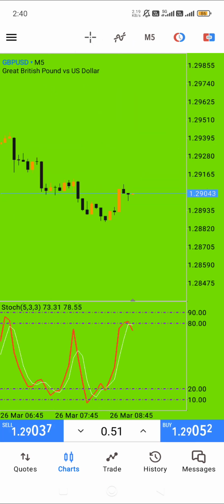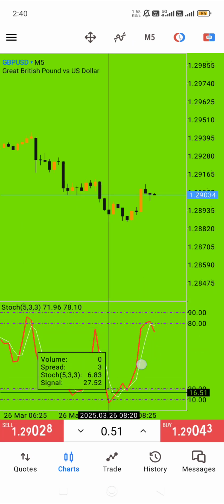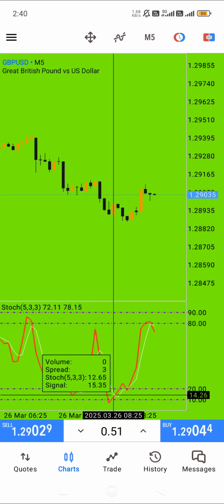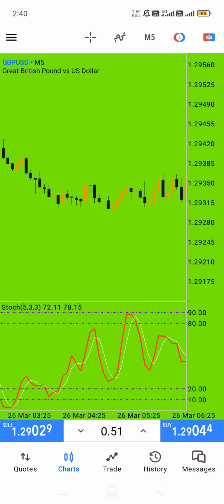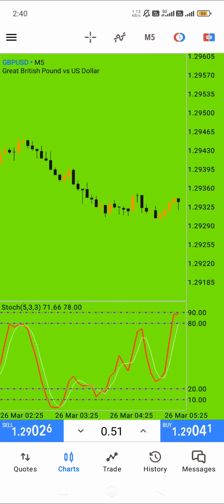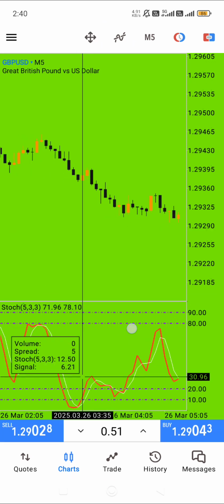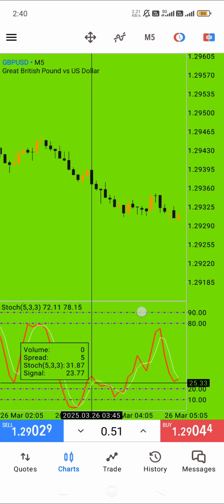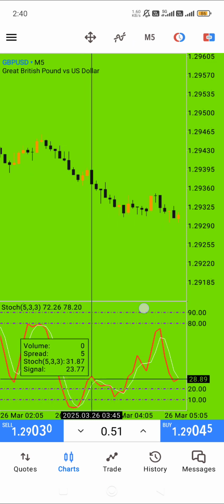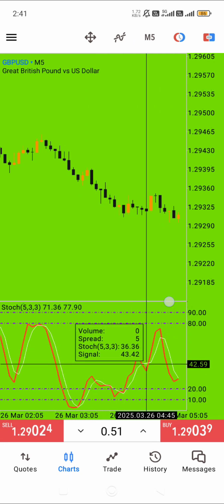Okay, check the 5-minute time frame. Same thing here. 10 and 20 cross the line and go up, the market also goes up. Check the long movement here. Here it crosses the line, then the market goes a little bit up, touches 20, then goes down, the market also up and down.